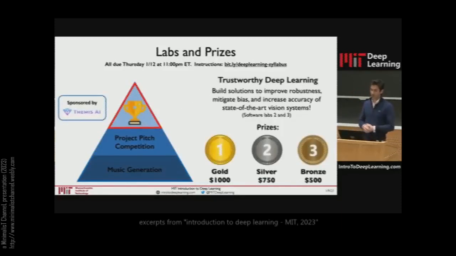And finally, this year we'll be awarding a grand prize for Labs 2 and 3 combined, which will occur on Tuesday and Wednesday, focused on what I believe is actually solving some of the most exciting problems in this field of deep learning, and specifically how we can build models that can be robust, not only accurate, but robust and trustworthy and safe when they're deployed as well. And you'll actually get experience developing those types of solutions that can actually advance the state of the art in AI.